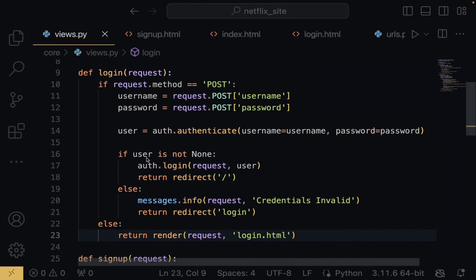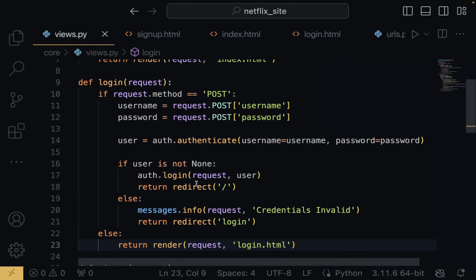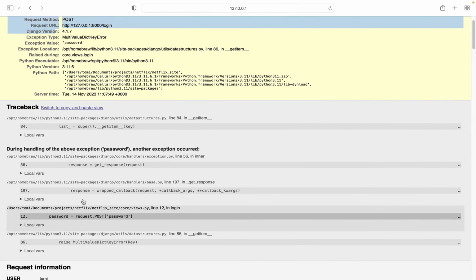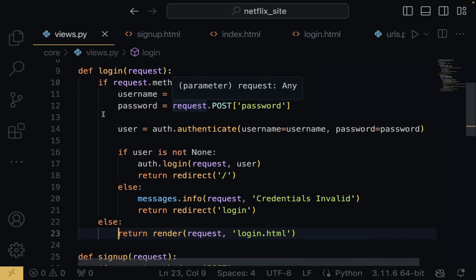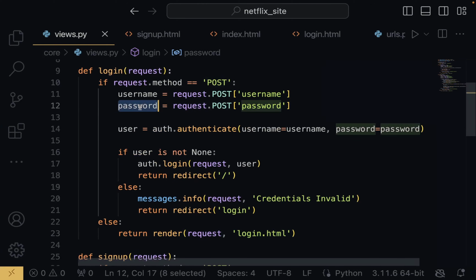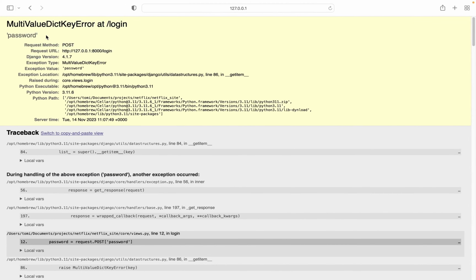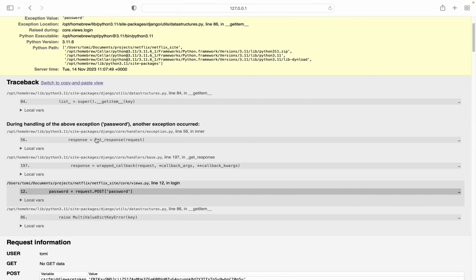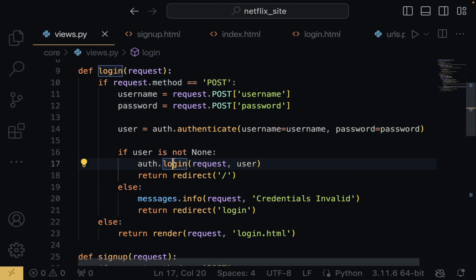So what we just need to do is to come here where we have password. If we come in here on line 12, which is this, I think it's saying that whenever you have this, it means you are basically using a value before assigning it. So what you need to do is to come in here, and then we're just going to say,